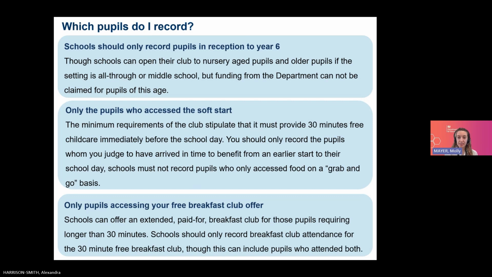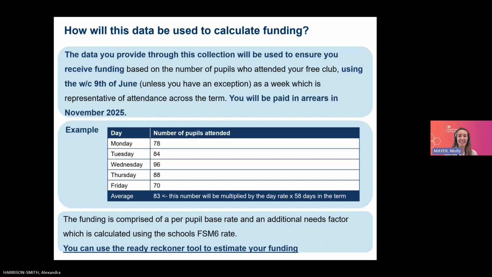Now, if we go to the next slide on how this data will be used to calculate funding. This is the question I'm sure is top of mind for everyone. So how will we use your data to calculate the funding your school will receive? As you know, your school will be paid in arrears for the pupils that attend your club. We will take the data you report to us on how many and which pupils attended each day during the week of June 9th and average this out across the week and use the daily average to calculate your payment